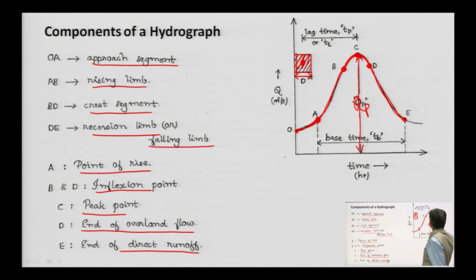At point D, runoff completely ceases, and at point E is the end of direct runoff. The duration between A and E is the base duration, or time base, represented by T b. And the duration up to the crest, point C, where the maximum discharge has been recorded,